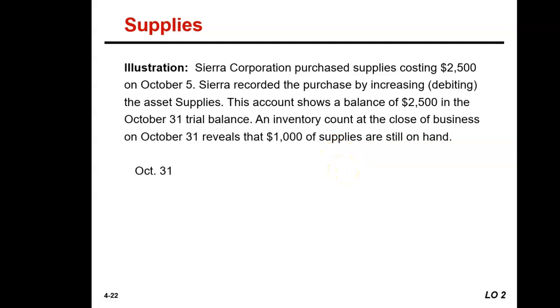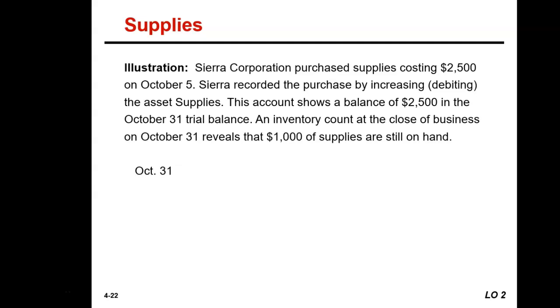So what are we saying? We're saying that on October the 5th, we bought supplies at a total cost of $2,500, and we increased or debited the supplies account. But now it's October 31st. We're now at the end of the accounting period. Supplies remaining total only $1,000. What does that mean? That means supplies decreased by $1,500. Once those supplies have been used, that cost now